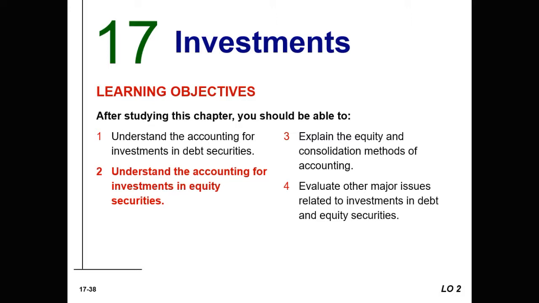Now we're going to start venturing into talking about some of the specialties about investments in equity securities. We've talked about debt, which has its own little quirks because there's premiums or discounts potentially to amortize. With equity securities as well, there's going to be an intent that's attached to it, but there's some specialty that comes into the accounting for equity securities because they do represent an ownership interest in another organization. That interest can be in the form of common or preferred or other types of capital stock.